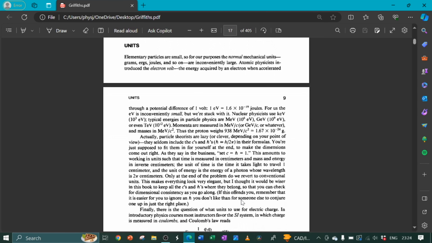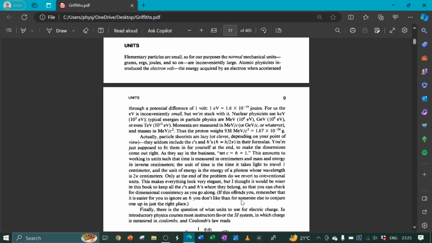Units. Elementary particles are small, so for our purposes, the normal mechanical units, grams, ergs, joules, and so on, are inconveniently large. Atomic physicists introduced the electron volt, the energy acquired by an electron when accelerated through a potential difference of 1 volt. 1 electron volt equals 1.6 x 10^-19 joules. For us, the electron volt is inconveniently small, but we are stuck with it. Nuclear physicists use